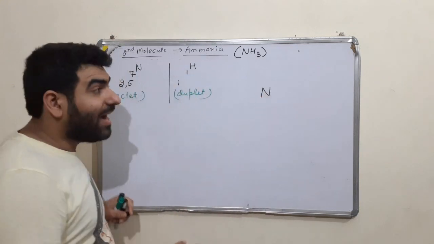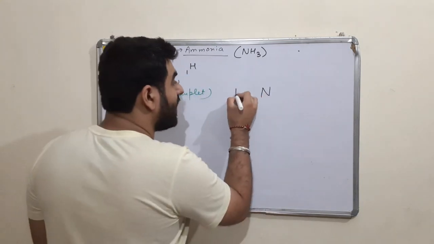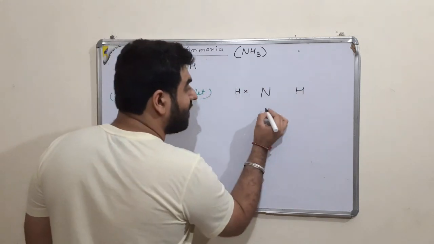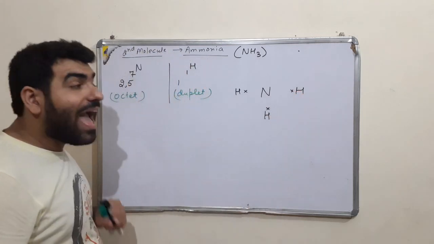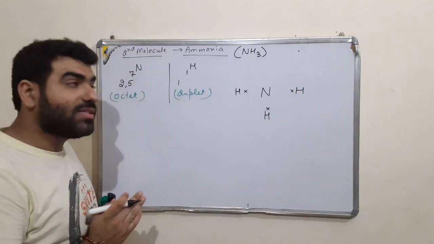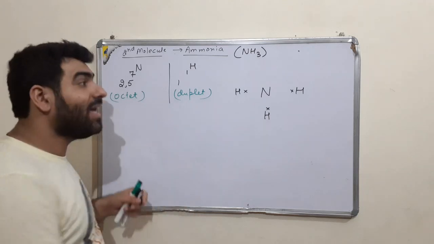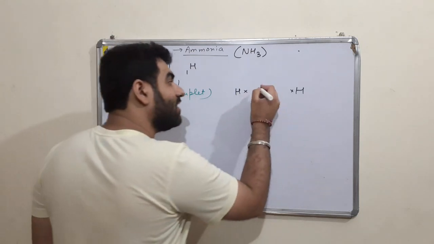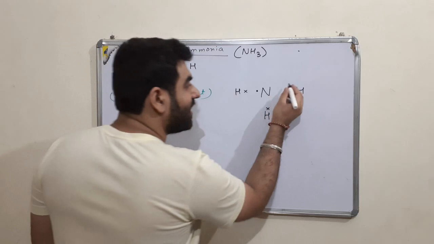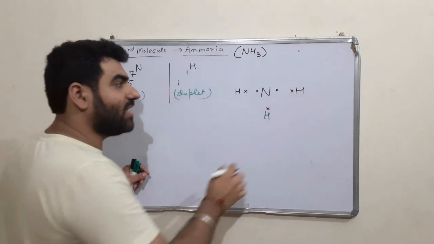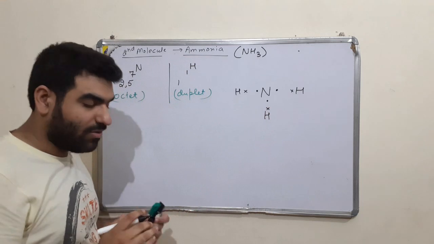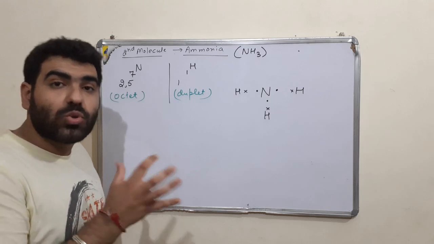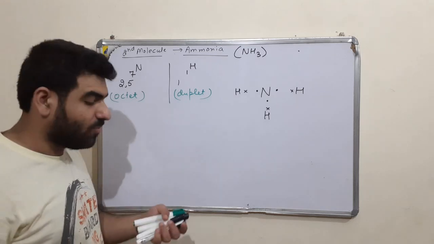Nitrogen, and there are 3 hydrogens. So 3 hydrogens will be around the 3 corners like this, and each hydrogen is having 1 electron in its outermost shell, and nitrogen will arrange its electrons in such a way that it is capable of sharing as many electrons as are shared by the hydrogen. So how many is hydrogen sharing? 1. So nitrogen will also share 1 with this hydrogen, 1 with this hydrogen, and 1 with this hydrogen. Because that was the condition that in a covalent bond there is always mutual sharing. The same number of electrons has to be shared.